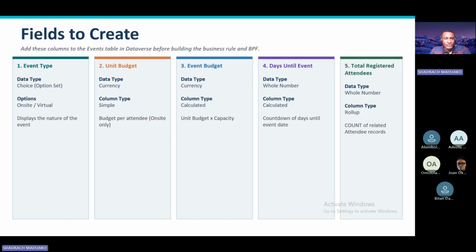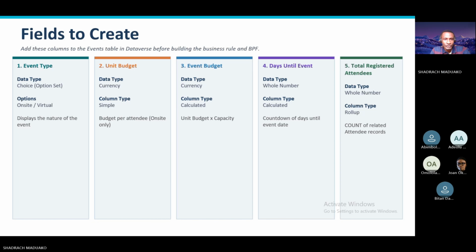For the event type, we're going to set the data type as an option set. So the events may either be an on-site event, or a virtual event, which is an online event, and the field description is just going to state the nature of the event. And then also we'll create another field called the unit budget. The unit budget is going to capture